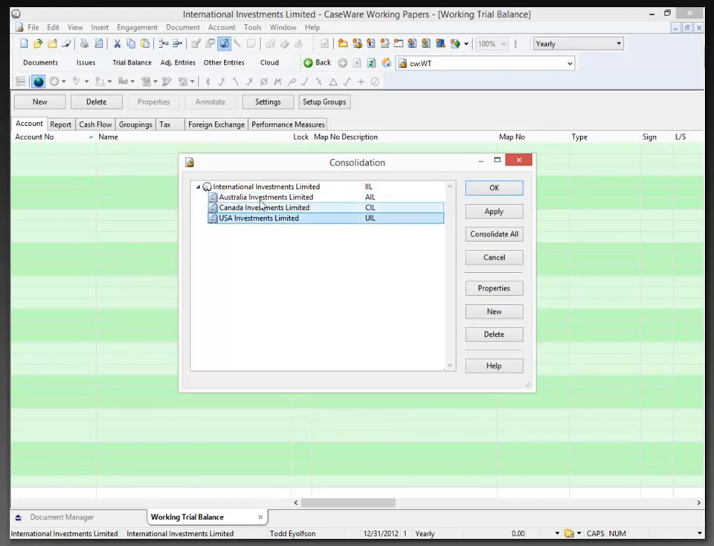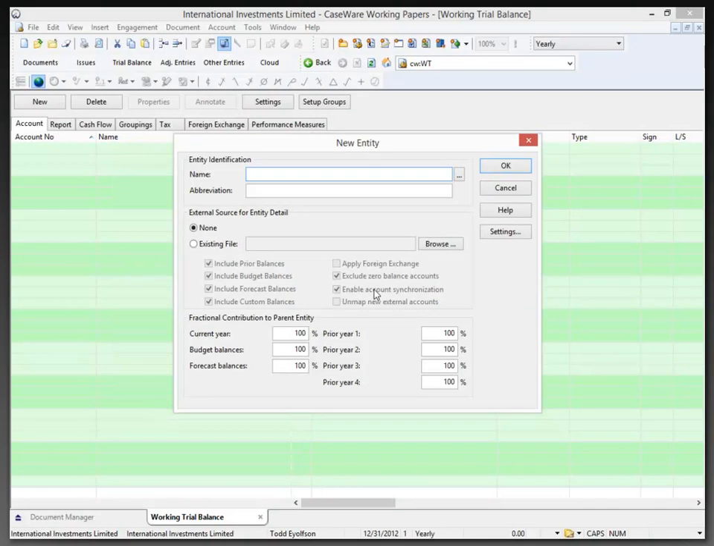In the event that I wanted to create some sub-reporting nodes, for example, we have a couple Commonwealth countries and then we have the USA. We may want a Commonwealth node for separate reporting and then USA node for separate reporting and then the International Investments Limited level. To create a node, what I can do is just click New, and I'll call this Commonwealth Countries,